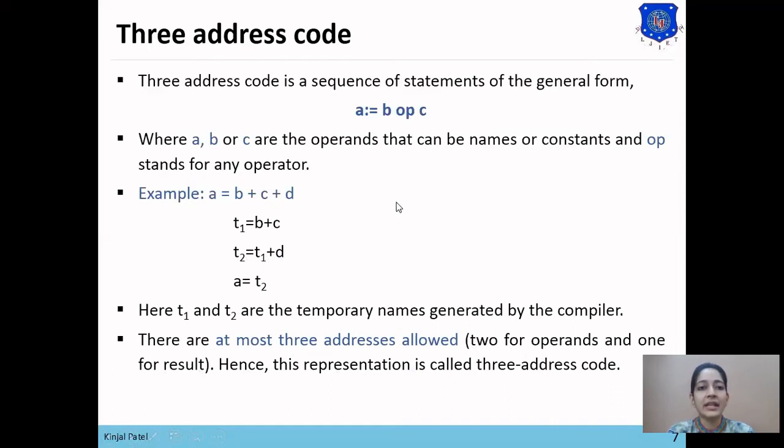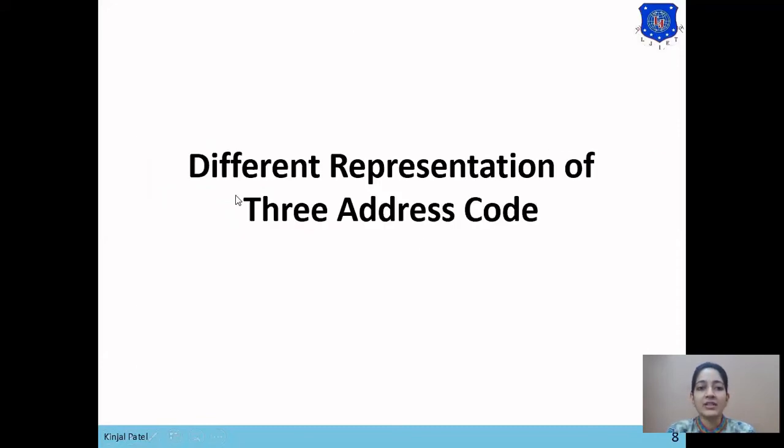So these are the 3 intermediate forms. First one is postfix notation, then second one is 3 address code, and third one is abstract syntax tree. Now next is different representations of 3 address code. As we have seen, 3 address code is the code which has at max 3 addresses.